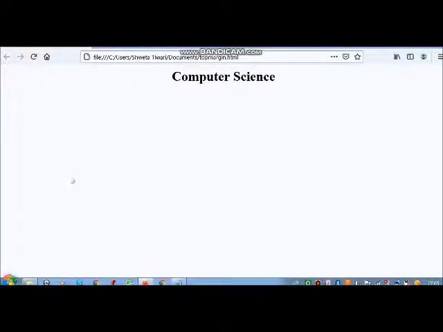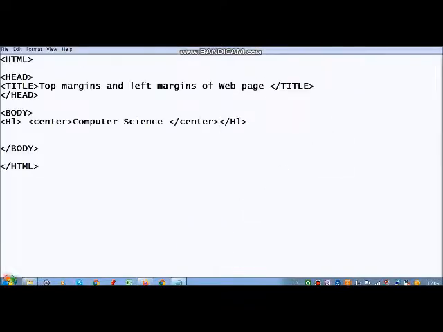So first I am going to show you top margin. Again we are going to open Notepad. To set the top margin and left margin, we have to click on this body tag, and inside the body tag an attribute is there, that is topmargin.